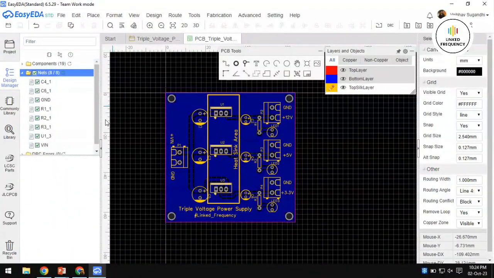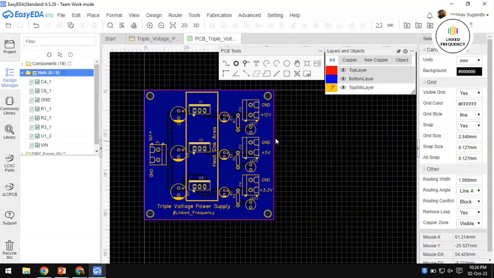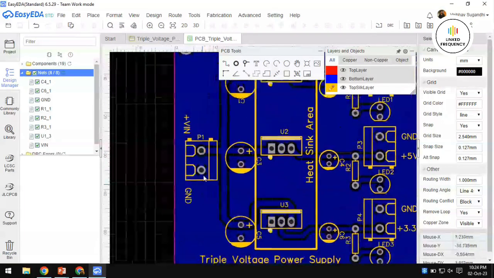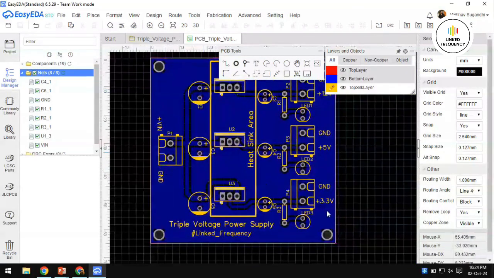Alright, so this is how the entire PCB designing is all about. I have given a very good space for the entire PCB so that you can practice it at the beginner level, so that you will not get clumsy with respect to the placement of the component and dealing with the designators and all that thing. Okay, so I have placed the input connector at the middle of the entire PCB,